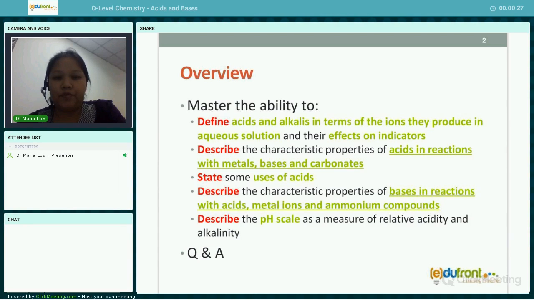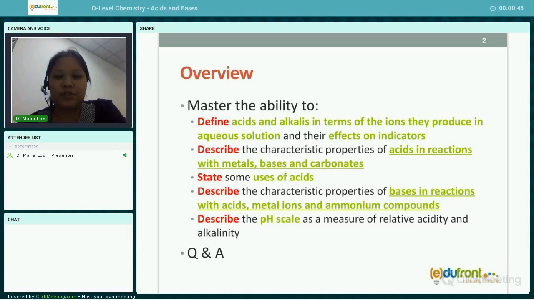The overview to this webinar is to master the ability to define acids and alkalis in terms of the ions they produce in aqueous solution, and their effects on indicators. We also need to describe the characteristic properties of acids in reaction with metals, bases and carbonates, and to state